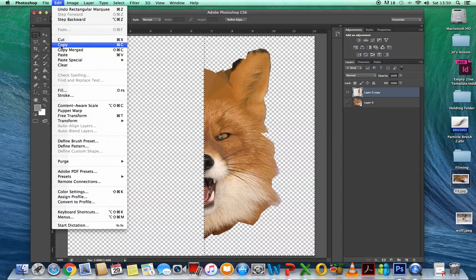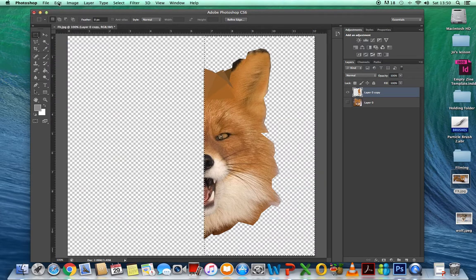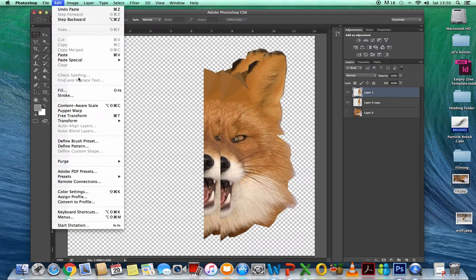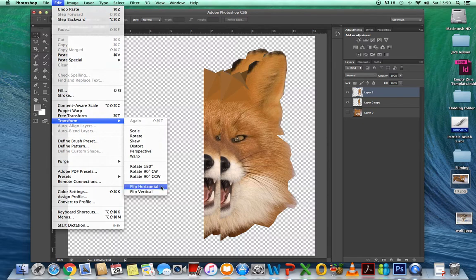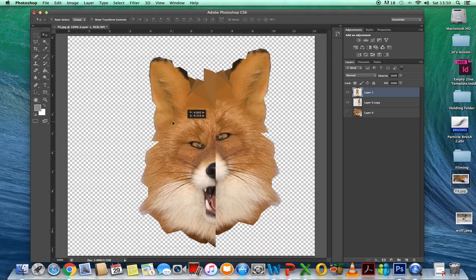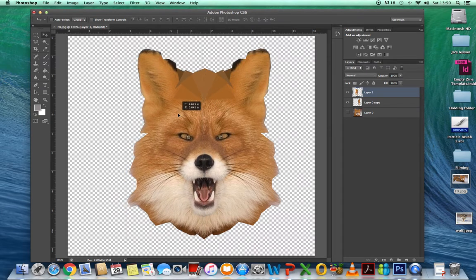Edit and copy. Edit and paste. And then edit and transform and flip that horizontally. And then using a drag tool, you can create your animal. Now it's really important that you select the animal dead on the middle, because otherwise you